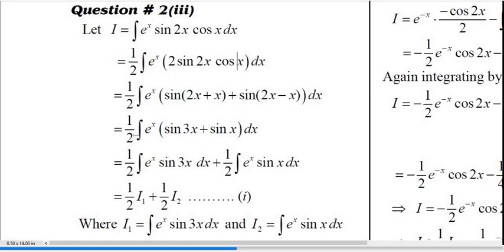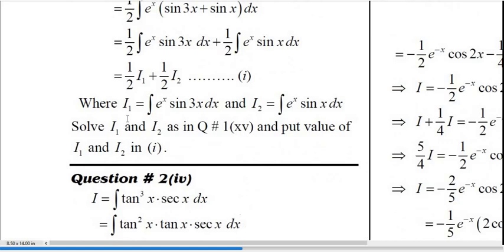Now multiplying this by e power x and taking the integral of each term, we get 1/2 integration of e power x sin 3x dx, let us take it as I1, plus 1/2 integration of e power x sin x dx, taking this function as I2. This is called equation number 1,